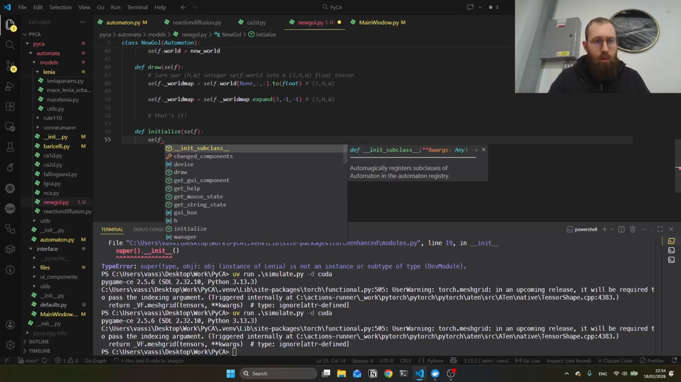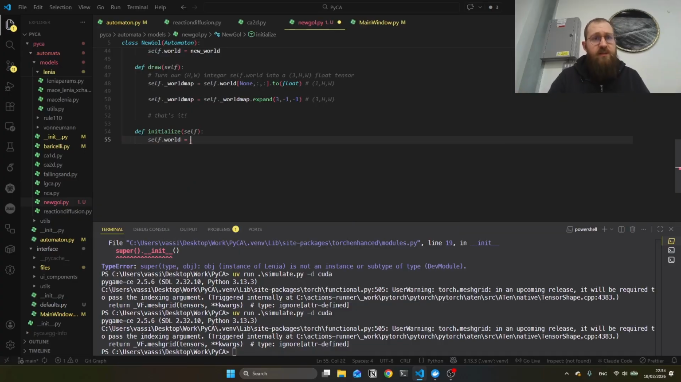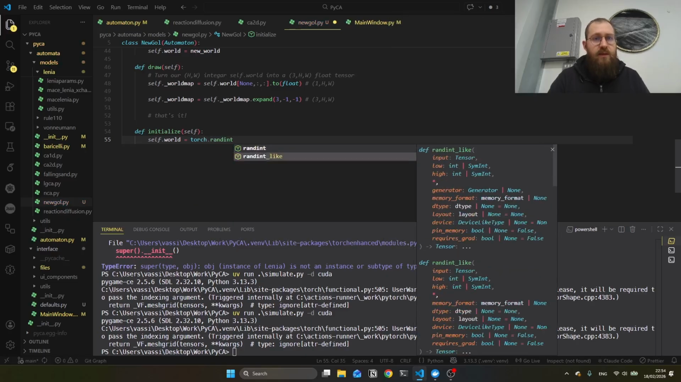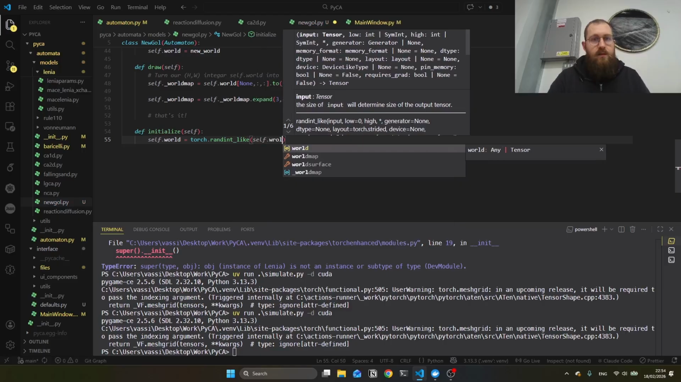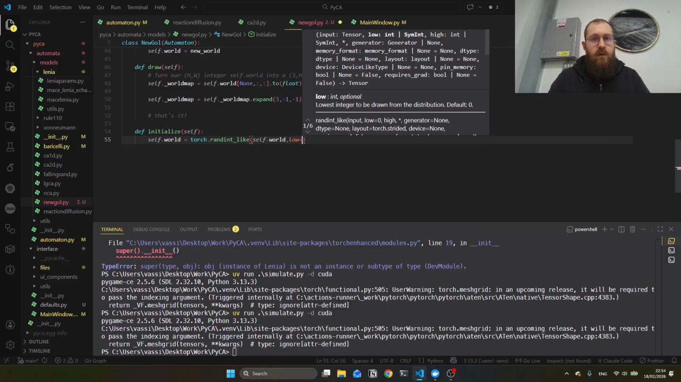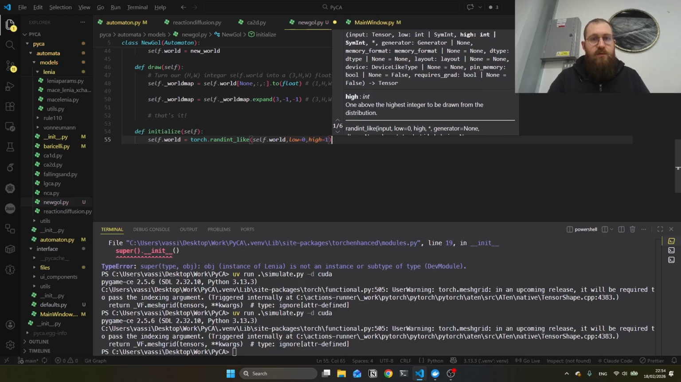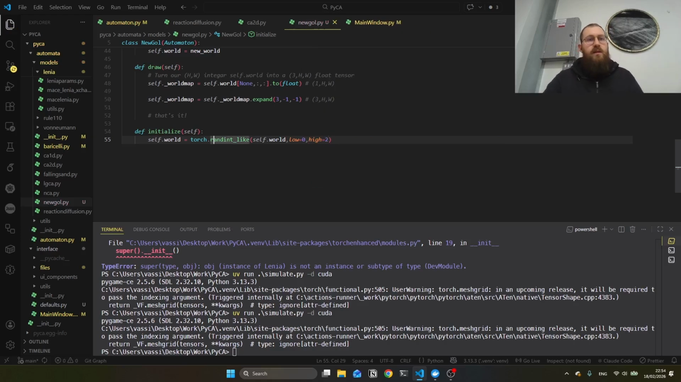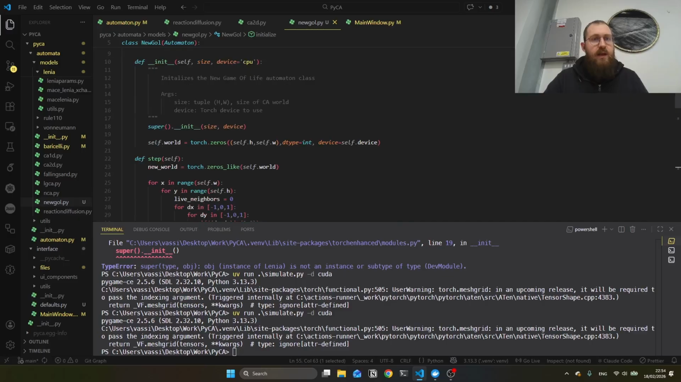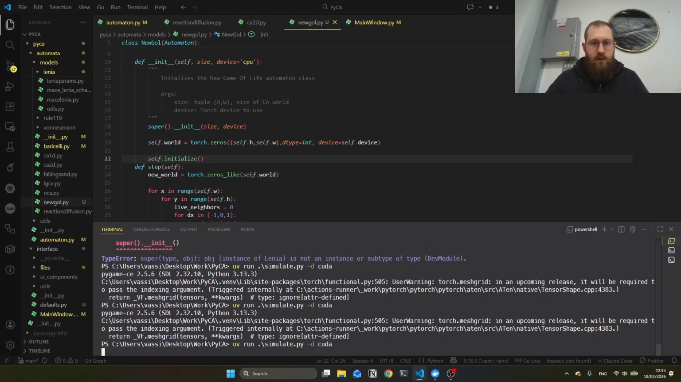But yeah. And what we'll do is that self.world will be torch.randint like self.world low equals 0, high equal 2. So what does that do? Well, that makes a random integer tensor of the same shape of world with integers between 0 and 2 exclusive, so between 0 and 1. So that's exactly what we want. And here we can just call self.initialize. So now if we run,